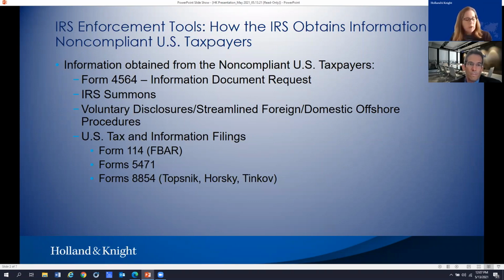Yet another way for the IRS to obtain information is via one of the many administrative programs: the voluntary disclosures, which have been around for years, the streamlined foreign or streamlined domestic offshore procedures, and also the updated voluntary disclosure practice. Through these administrative programs, taxpayers are required to provide information to the IRS in exchange for reduced or even eliminated penalties in some cases. I don't know the exact numbers to date, but I recall that from about 2009 through 2018, there were about 60,000 voluntary disclosures and another 65,000 or so streamlined disclosures.